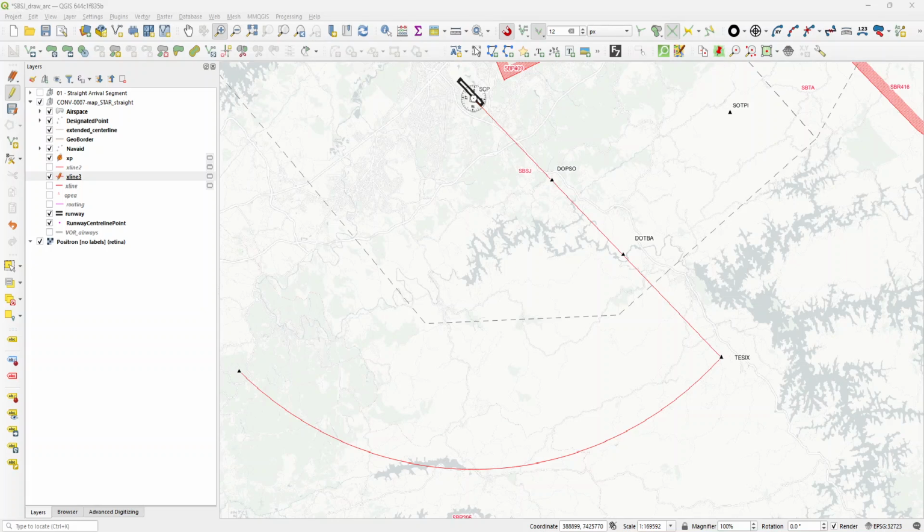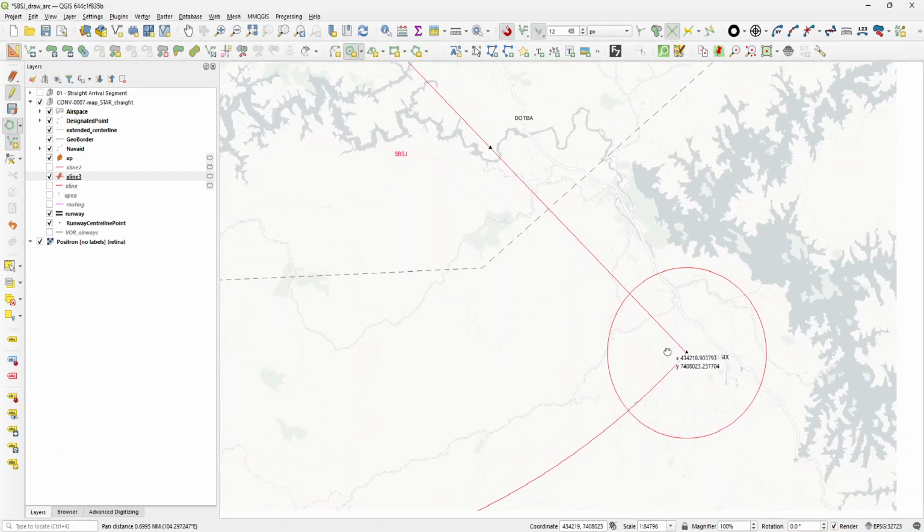Okay, so now we're going to do the DME Arc connection, but let's say that we have set up that we will have a 2 nautical mile lead as per document 8168. In 8168, it tells you about 2 miles at least before when it's an initial approach segment. So I'm going to draw from this point a 2 nautical mile circle so that I have exactly